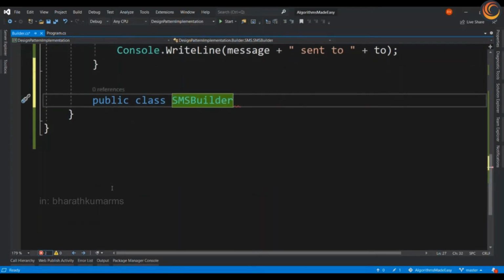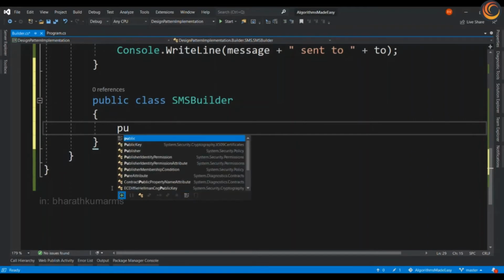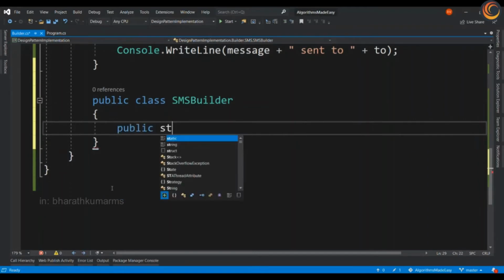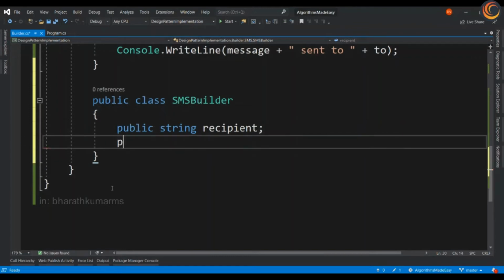SMS builder is inside the SMS class itself. It's going to have a couple of variables, recipient and the message.